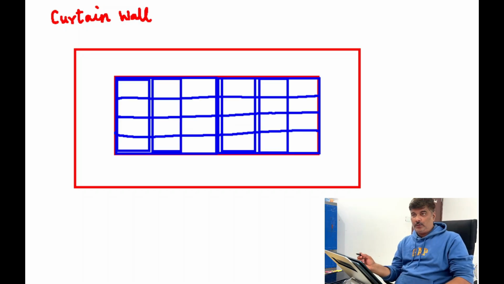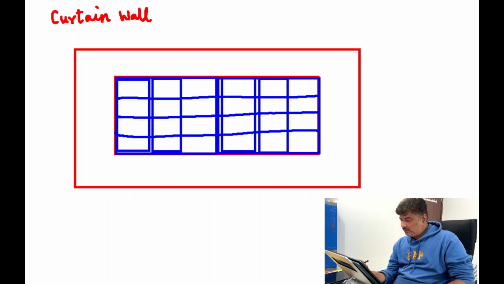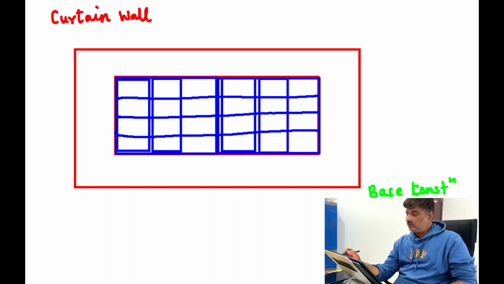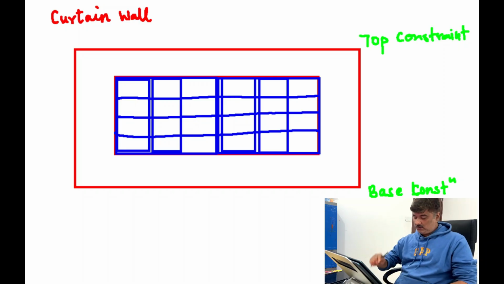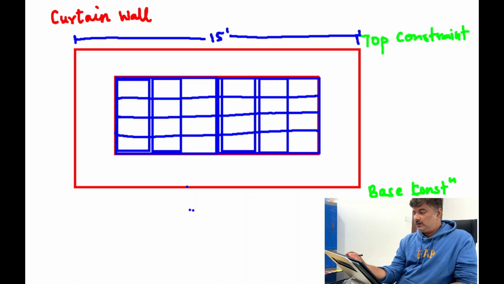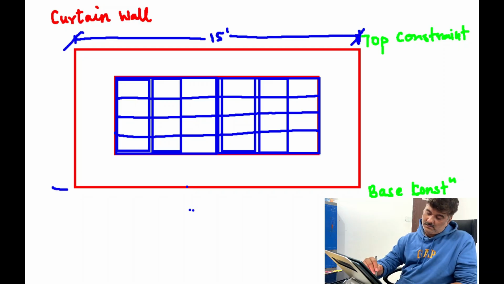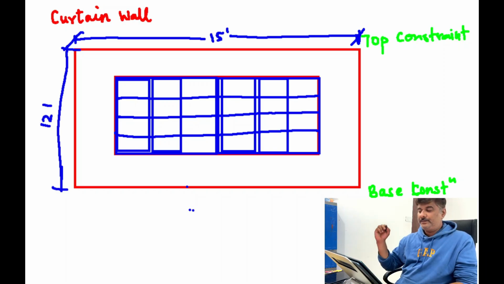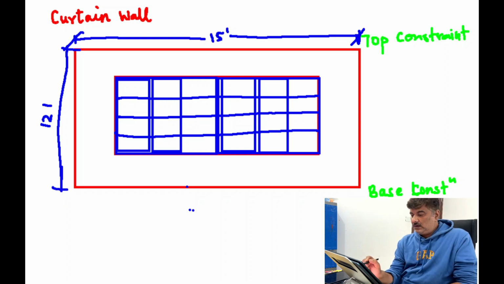Now there are a few important settings which you must know. So this is called the base level or the base constraint. This is called the top constraint. Now let me give the dimensions. So this is 15 feet, 12 feet. The inner rectangle is